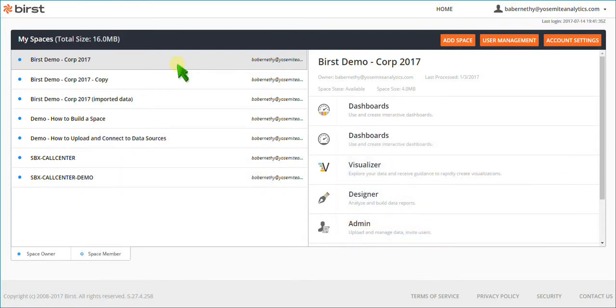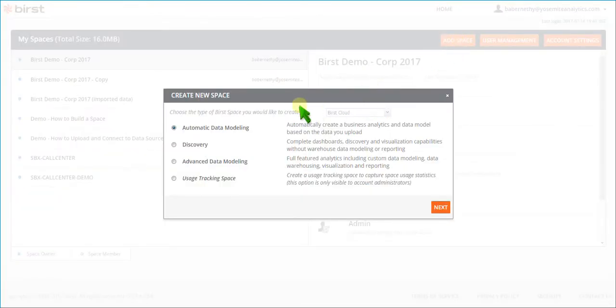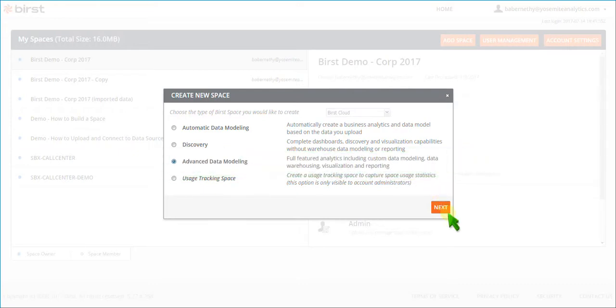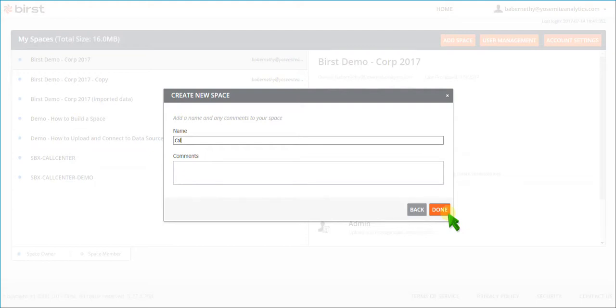And what we're going to do first is create a new space. Now, a space is like a project, the projects that we saw in the Power of Pronto session, except with a space here, you can do more things. Notice there are different types of spaces with different capabilities. We're going to start out with an advanced data modeling space, full-featured analytics, including custom data modeling, data warehousing, visualization, and reporting. We're going to be using call center data, so we're going to call this space Call Center,